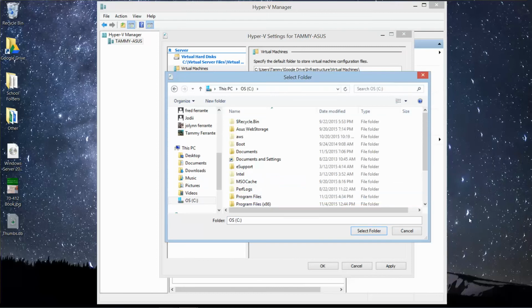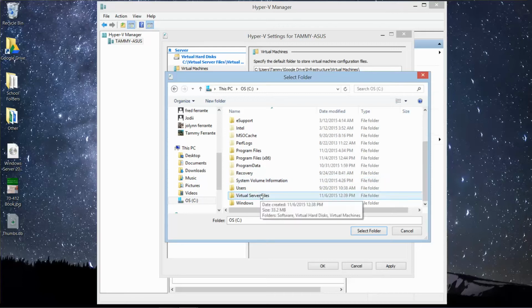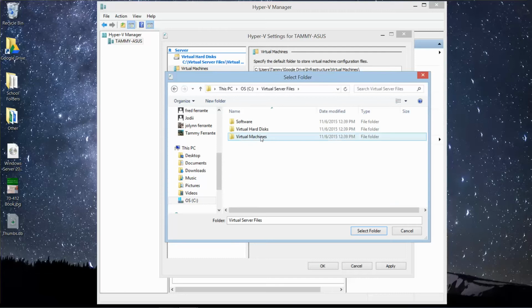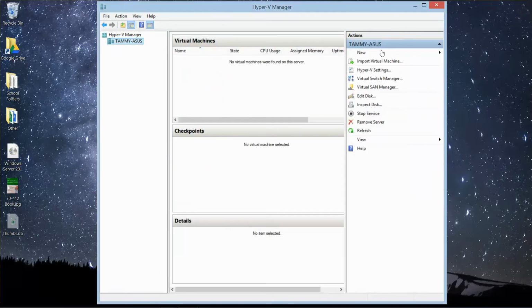C drive. I initially tried to put this on my Google Drive, but because of the size of the program, I just didn't have enough space, so I'm going to just put it on my C drive. I'm going to go ahead and do apply from here. Alright, the next thing I'm going to go ahead and do is close out of this and go into my